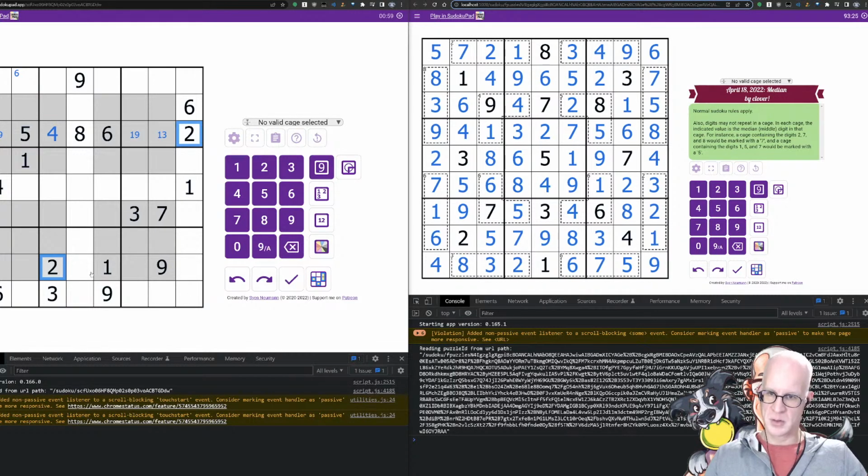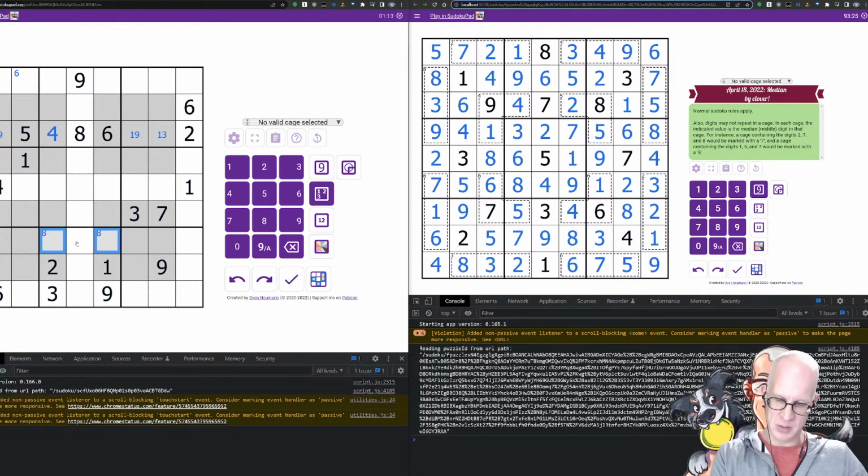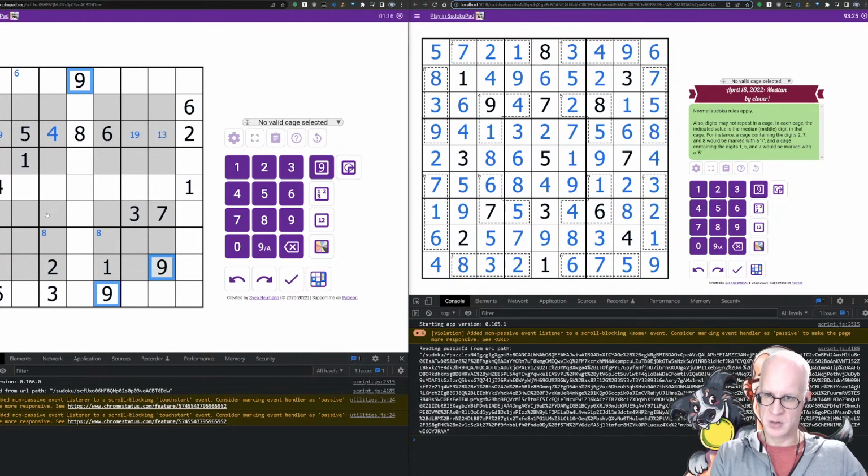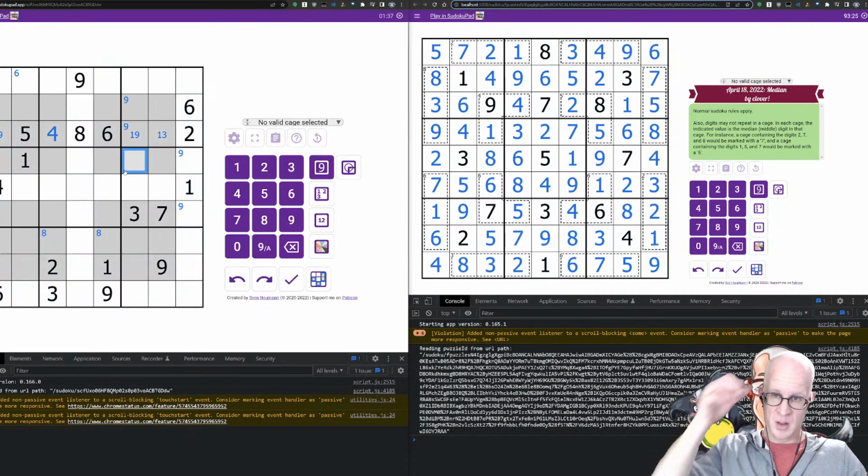Twos. The terrible twos. Threes. Nope. 5, 4, 5, 6s. 6s. Oh, we already looked at those. 7s. 8s. Oh, we know there's an 8 in one of these on the side here. 9s. Nope, 9 here. It's a 9 there. Oops. Yeah, I gotta start.